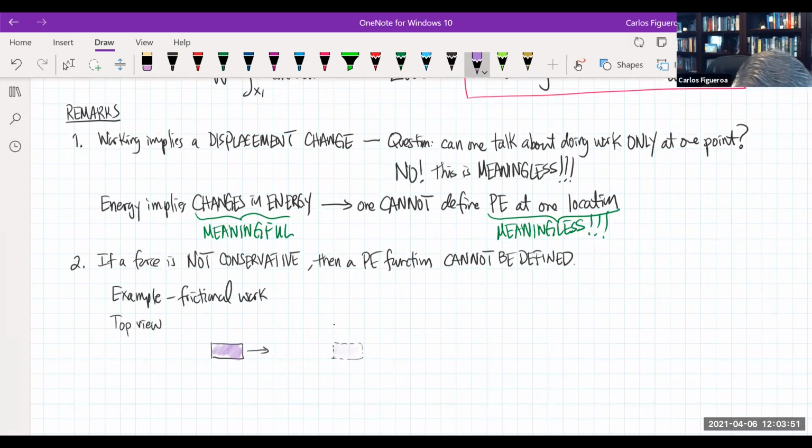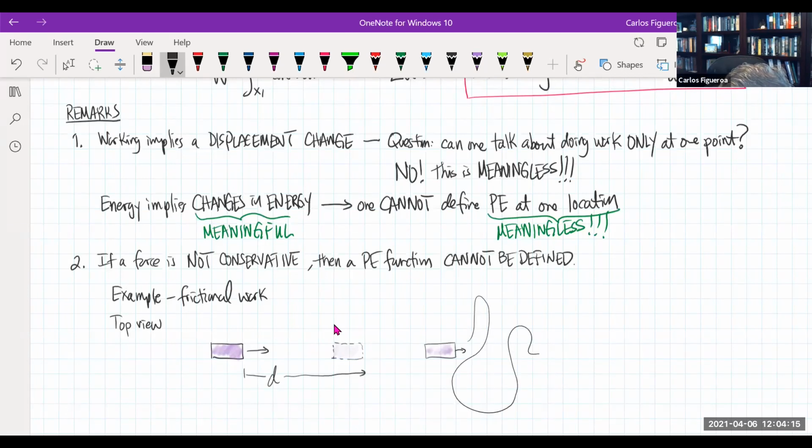And so when we look at the distance that this block traveled, we can see here that this distance is this distance right here. But now, what happens if the block takes a crazy path? I start off with my block like this here, and it's going like this, but now it goes like this, goes like that, and then it finally ends right here,